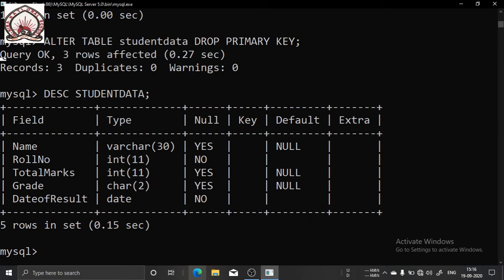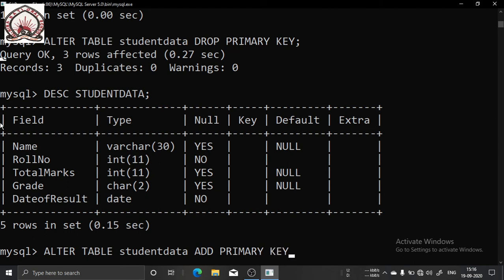Now suppose in this table the primary key constraint is not there, and I want to add the primary key constraint to roll number. What will my syntax be? My syntax will be alter table student data, then because I am going to add, add primary key.